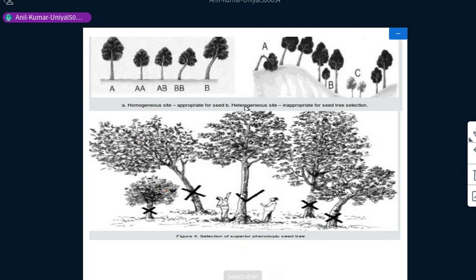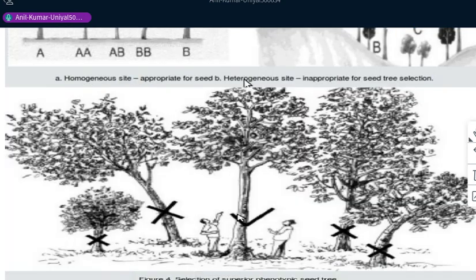On the other hand, if we find trees on plain ground, as we have seen, how are the desired trees selected? Almost all trees are of the same age, but this is again of different form. These two trees are also of different form, and this is of short height also, but this tree seems good in height, with a clean clear bole and wide canopy system also,